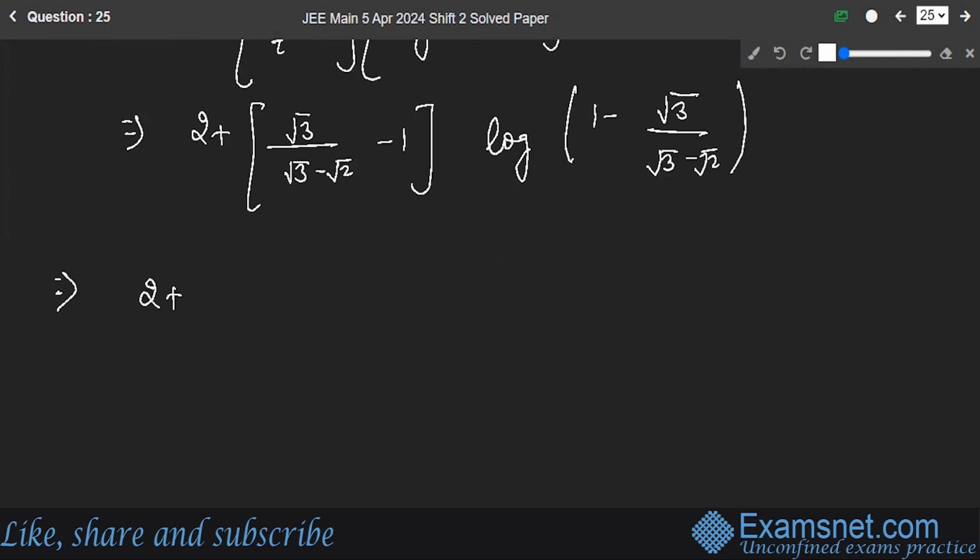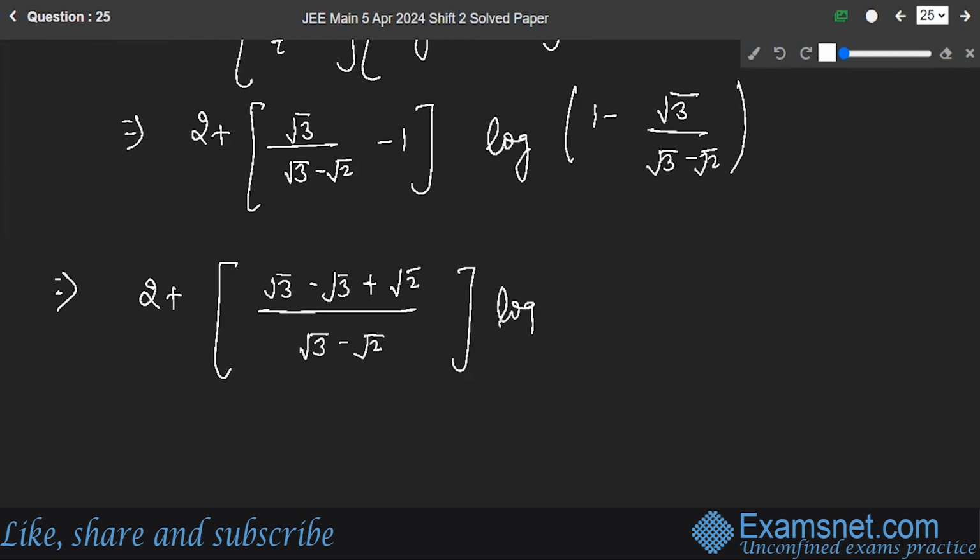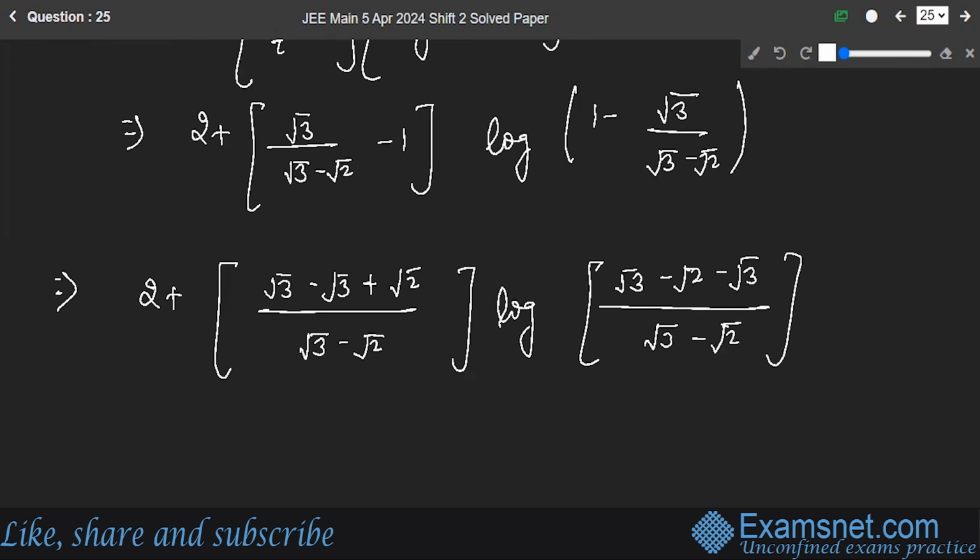This will be 2 plus root 3 plus this log of this. Correct. So they will cancel,